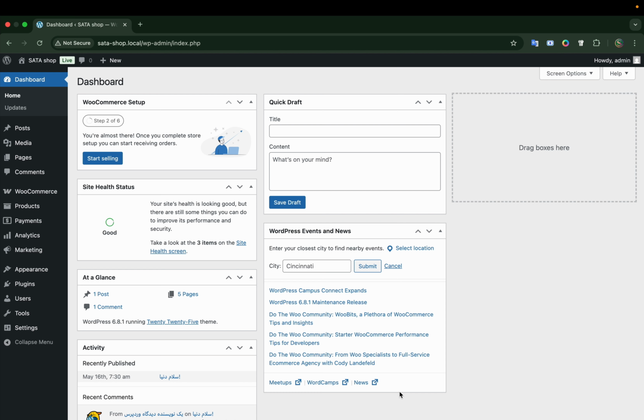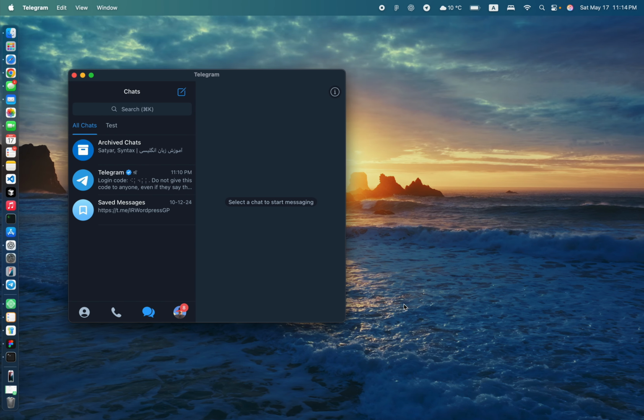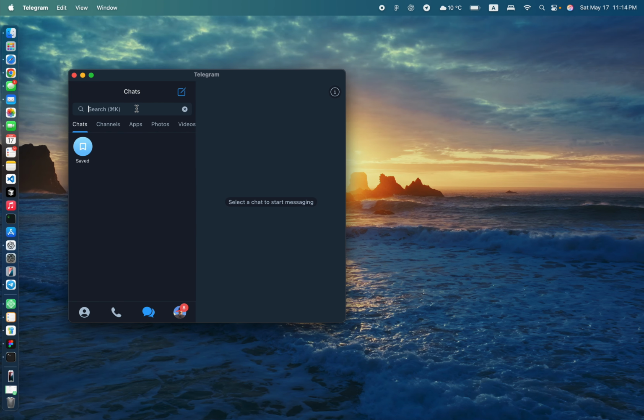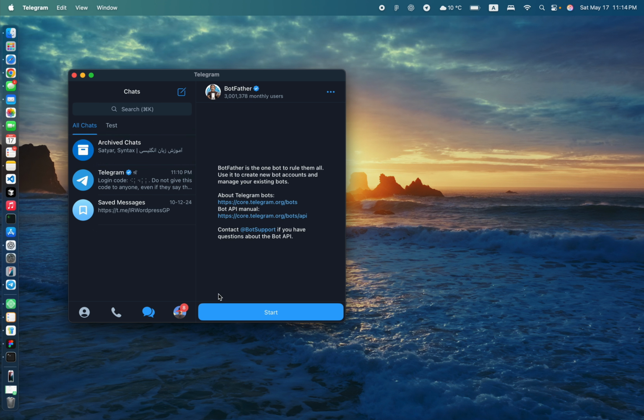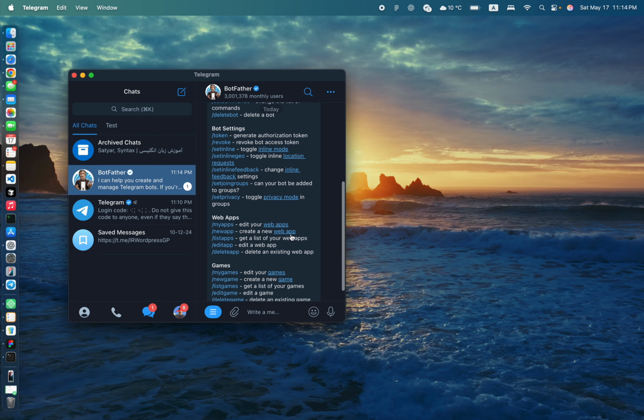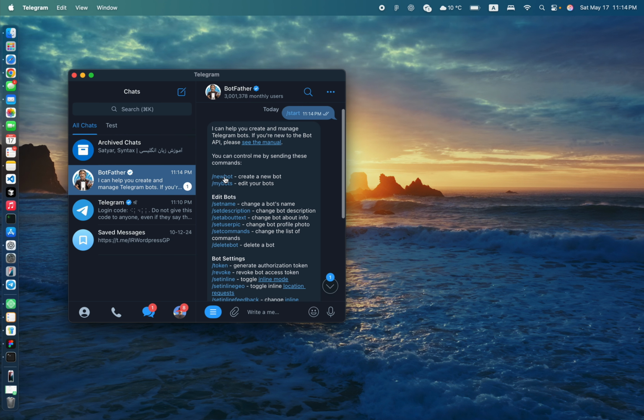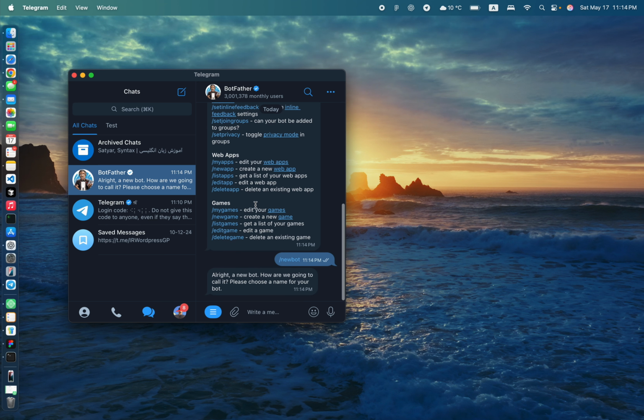To get started, you should create a Telegram bot using BotFather. To do so, open Telegram. In the search bar, search @BotFather. Open BotFather and click on start. Then click on new bot. After that, choose a name for your bot. For example, my shop